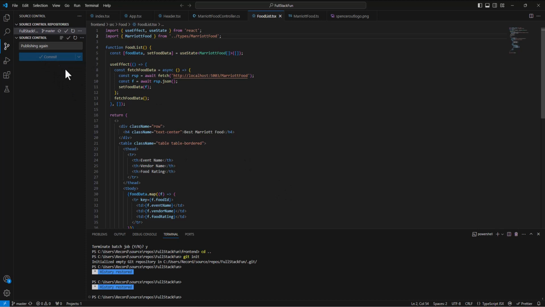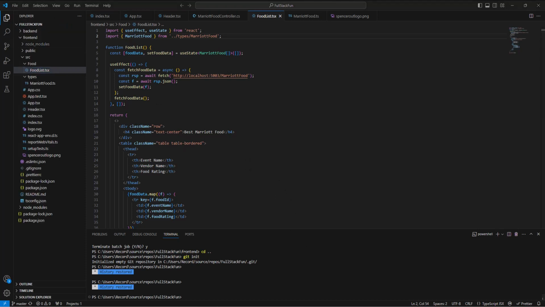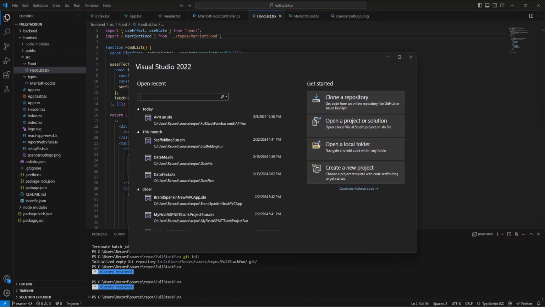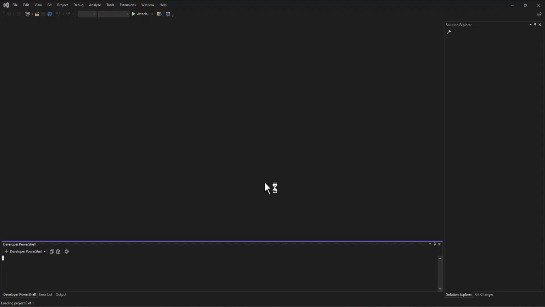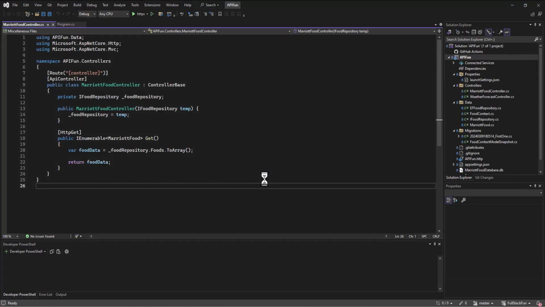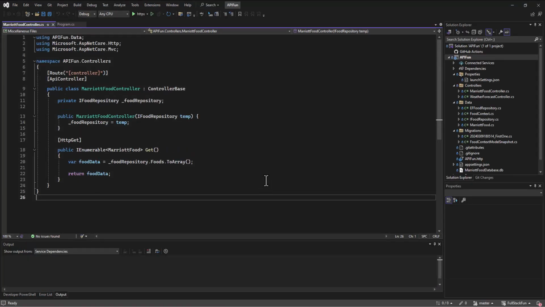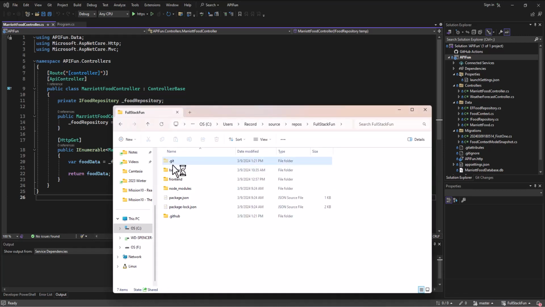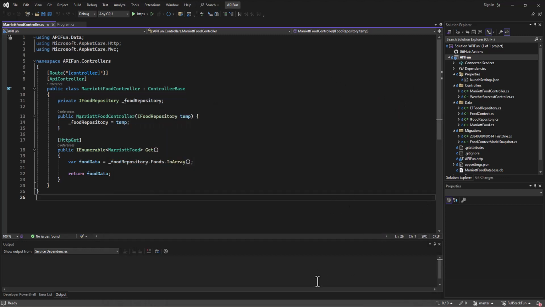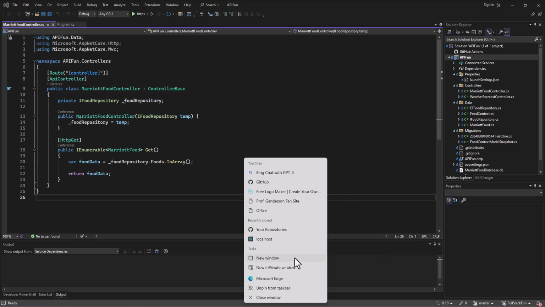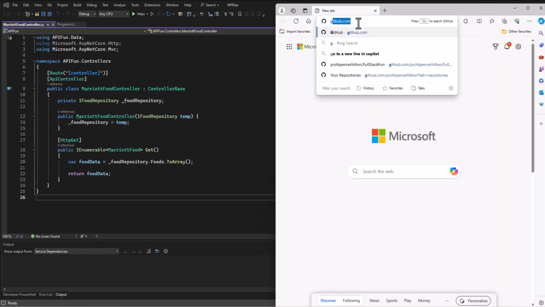Is it done? All right, so then if I've done things right, let's open back up Visual Studio, go back into our API Fun. And it should be that this is automatically hooked up, and it is, with Full Stack Fun because that .git folder sits in the Full Stack Fun and attaches both to that back end and front end. And so now, if I've done things right, major question mark, then when I go to GitHub,